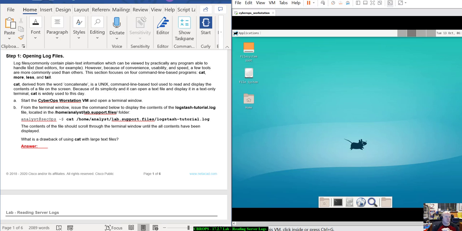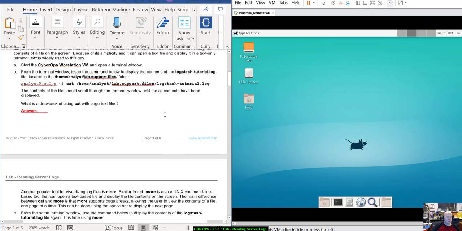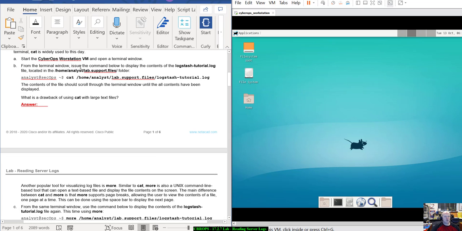Cat, derived from the word concatenate, is a Unix command line based tool used to read and display the contents of a file on the screen. Because of its simplicity, and because it can open a text file and display it in a text only terminal, cat is widely used to this day. Start the CBROPS workstation VM, which I already have running. From the terminal window, issue the command below to display the contents of log-tutorial.log located in that directory,